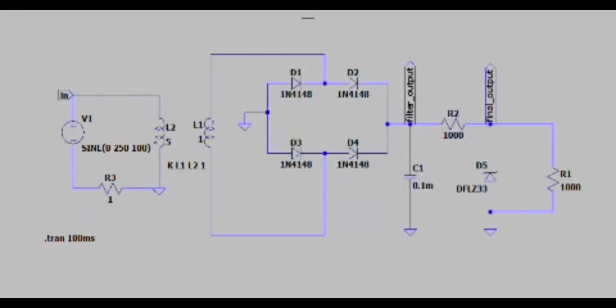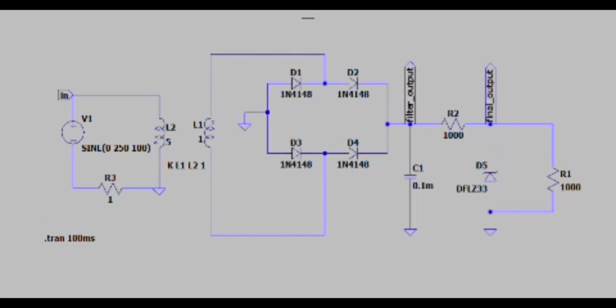And I want to present the design principle of our circuit configuration. So this is our circuit configuration using 4 diodes, a capacitor, and a zener diode, which converts AC voltage into positive DC voltage. First, our circuit has a standard transformer, and we have an input voltage of 215 volt